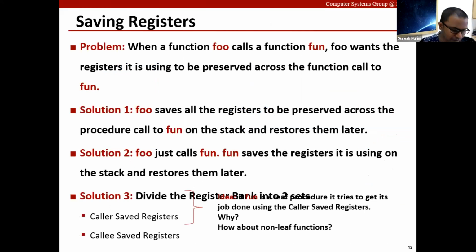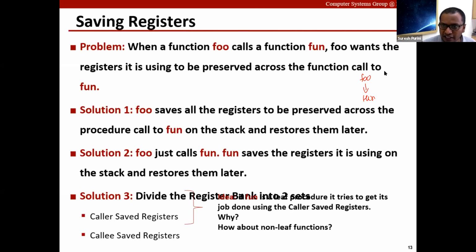The next important question is, when a function foo calls another function fun, what happens? Because foo uses some registers, and fun also could be using some registers.